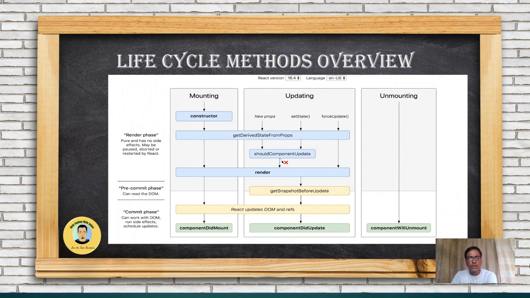The updating phase is related to updating of state and properties. As you can see, we also have different types available to us, related to props, states, and forceUpdate. Here you can see we have shouldComponentUpdate, and after that we can call the render method. And after the render method, we have componentDidUpdate, which will trigger when any state or property changes inside a